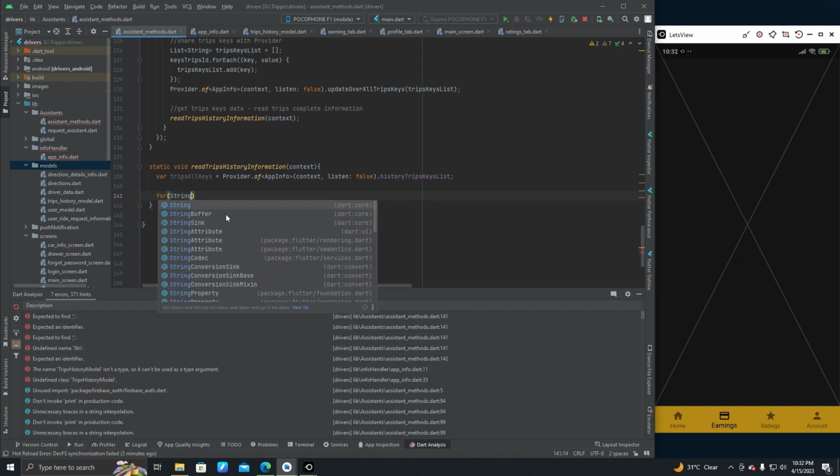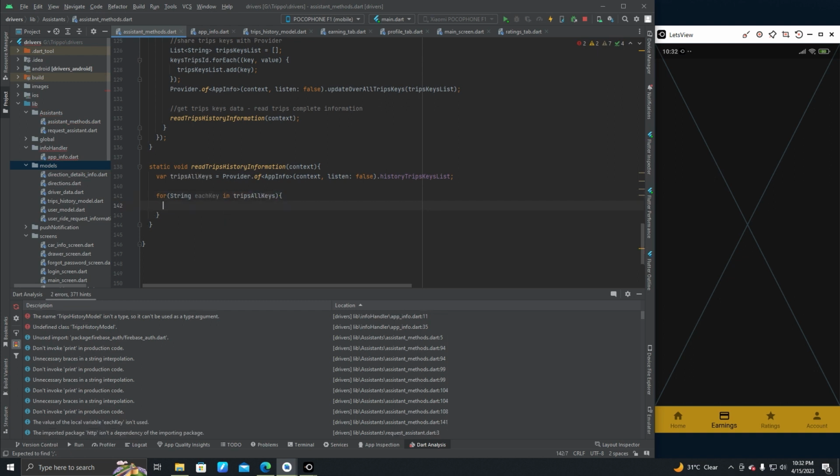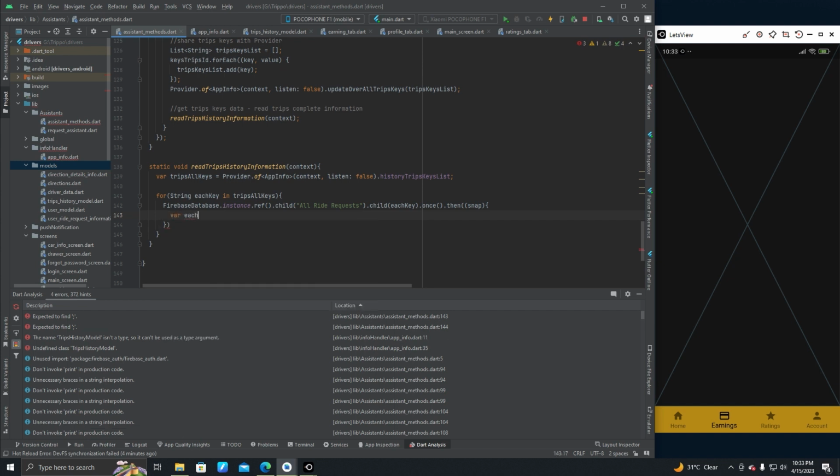For string each key in trips all keys, firebase database dot instance dot ref dot child all write requests dot child each key dot once dot then snap. So var each trip history